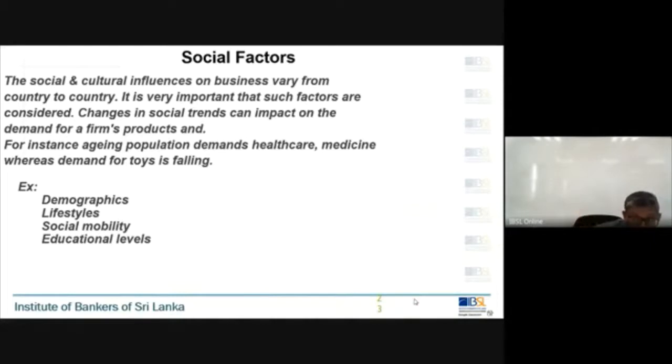If the aging population is high, we may come up with some retirement benefit plans, annuity schemes. We need to look at these factors and take advantage of them. Come up with senior citizens products. Okay, right? So this is how social factors impact your